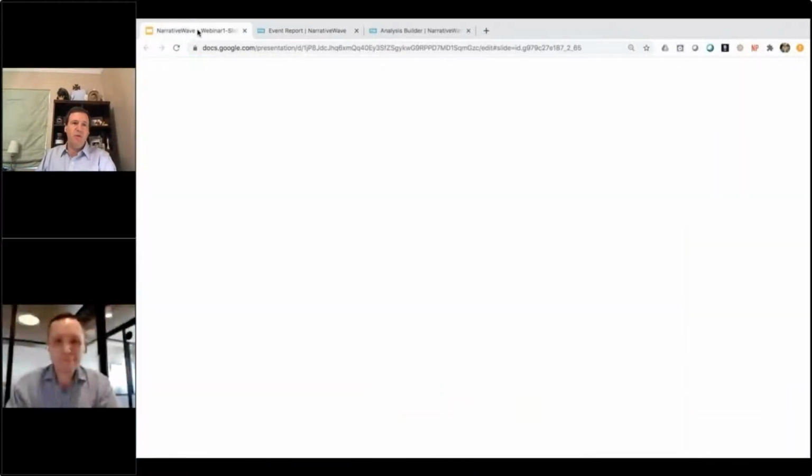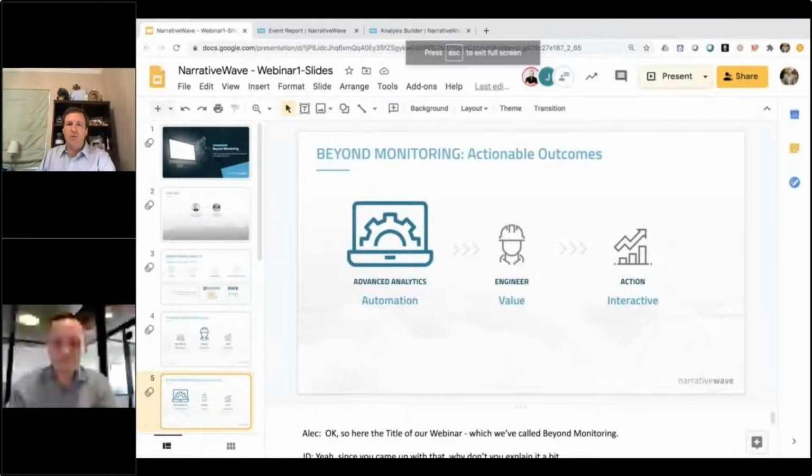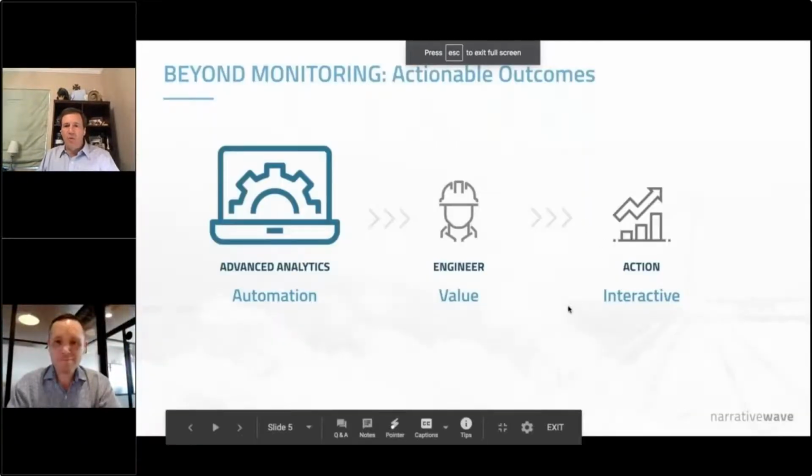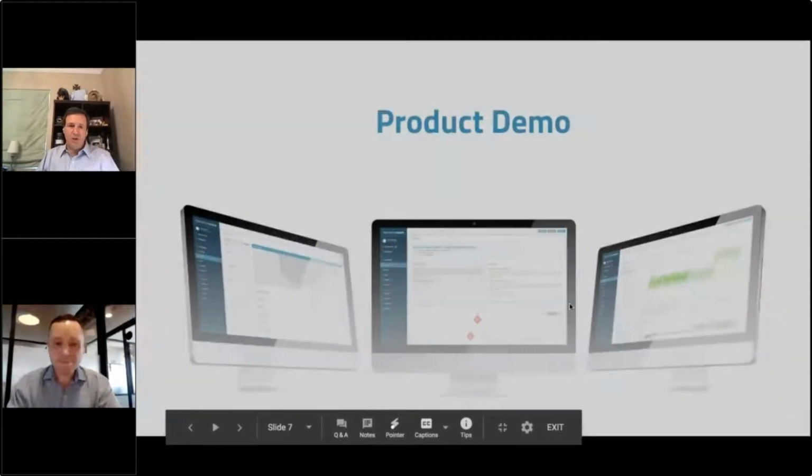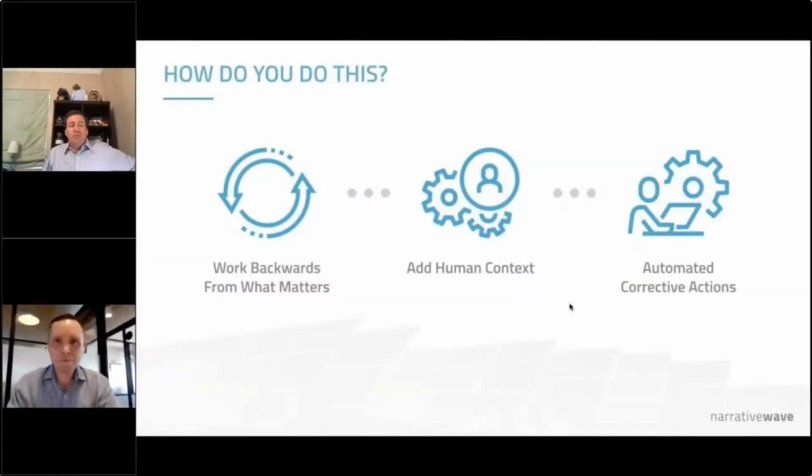Now let's flip back and maybe a few best practices on how would you enable this? What are the ways to get there yourselves? And so, these are the 3 best practices here, really how to think about doing this. And the first one is one of our favorite techniques, which is simply working backwards from what matters. And when we say what matters, we really mean what would your organization want to take action on if they saw it occurring. And so a temperature threshold is not always the answer. That's a part of the step along the way. But what really matters is, are we seeing the precursor of a component failure?